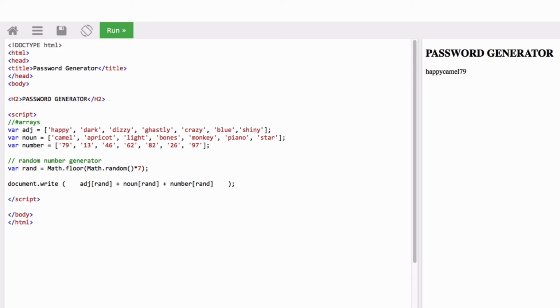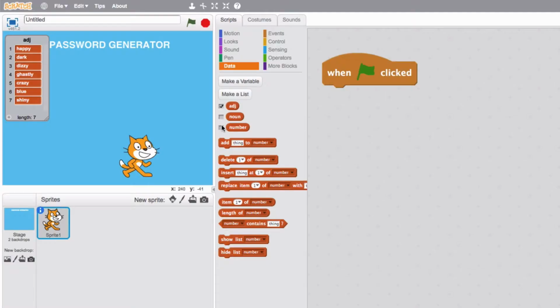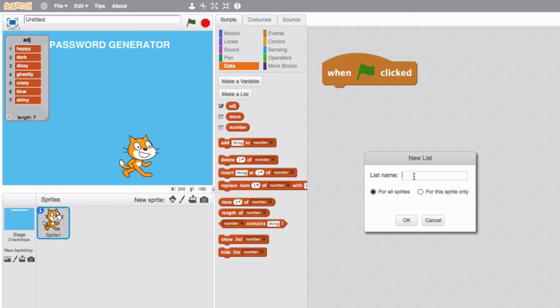Okay, so what I'm going to do now is I'm going to build these programs from the start. I will leave the arrays in there to save time, so you can pause the video and type in the arrays yourself. Okay, so to make an array in Scratch, we make a list. We call this whatever we want. So if we were going to make the number one,